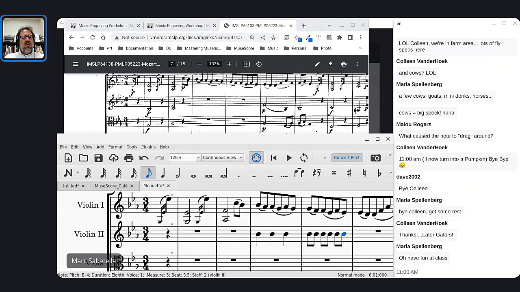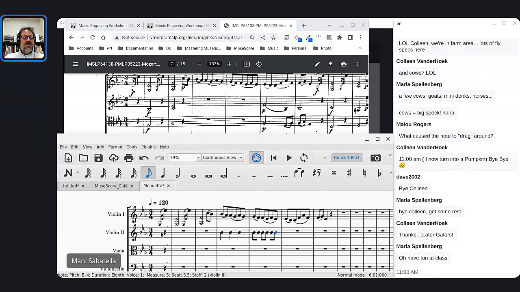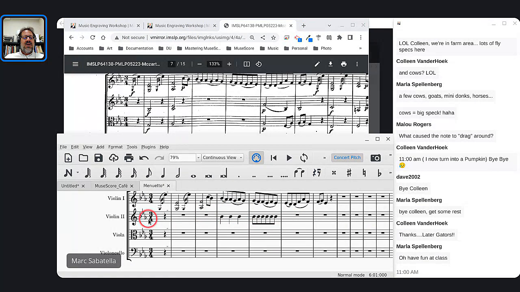You can use Control-Shift-Drag to add something to your palette. Well, you can also use it to drag from staff to staff. And notice what happened. Let me undo that. See these eighth notes here and how they're grouped in twos. If I now Control-Shift-Drag that 3/4 down to the Violin 2 staff, boom. Now I just copied that time signature along with its customizations. And now I can do the same to copy to the viola and the same to copy to the cello,